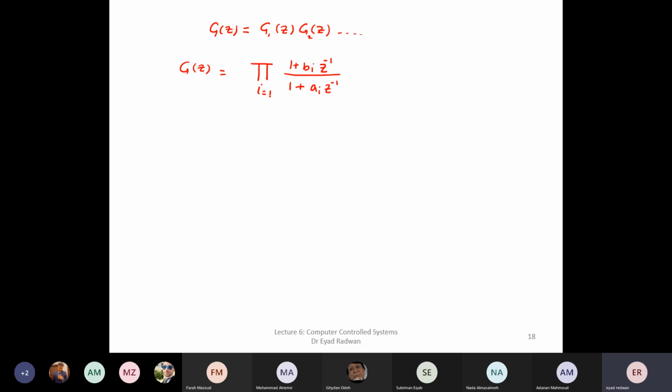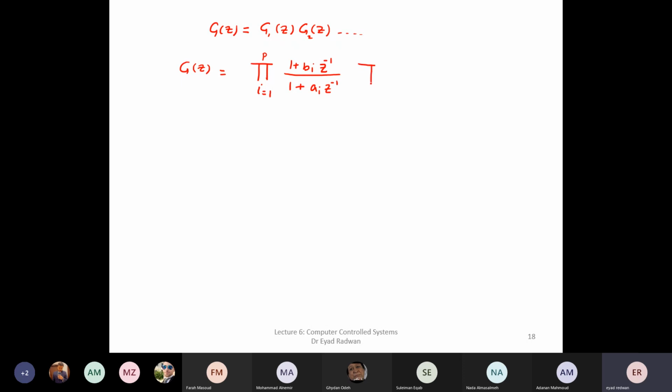So it will start from I equal to 1 to، نفترض I equal to p، عندي p terms. فهذا الفانكشن g of z ممكن يكون multiplication of first order terms from I equal to 1 to p، وبعدين